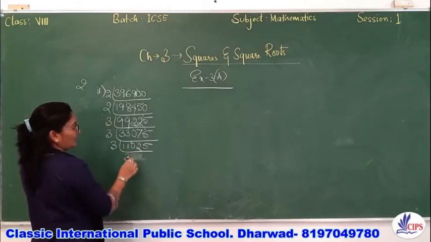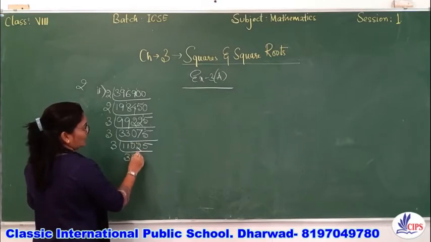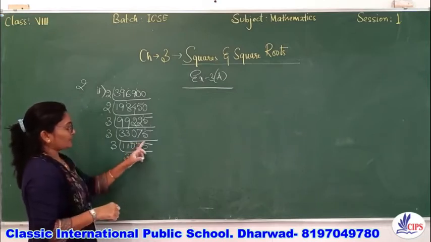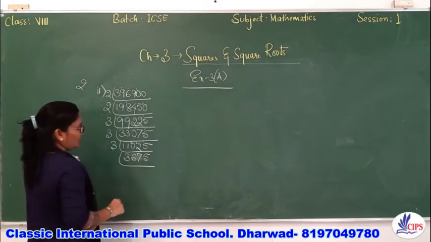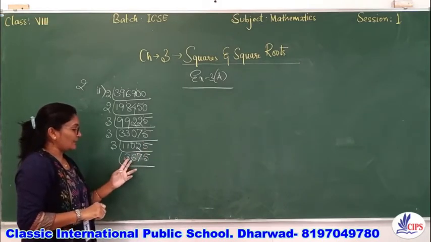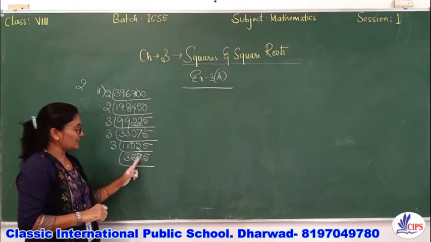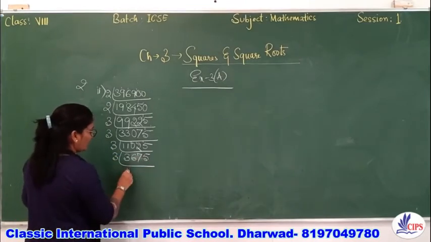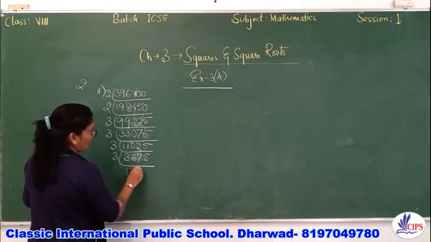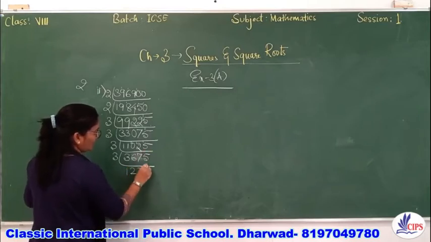Then it's 20, 3 6s are 18. So I'll borrow 2 here. 3 7s are 21, and 1 I borrow here, it becomes 15, 3 5s are 15. Now 6 plus 3 is 9, 9 plus 7 is 16, 16 plus 5 is 21. So again this number is divisible by 3. 3 1s are 3, 3 2s are 6, again 3 2s are 6, 3 5s are 15.